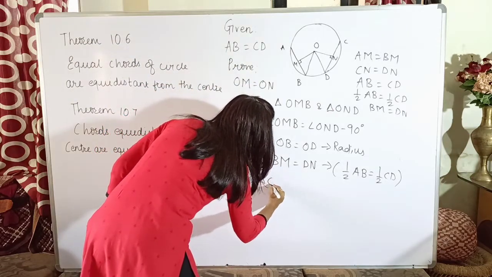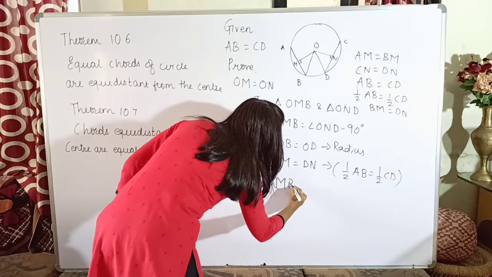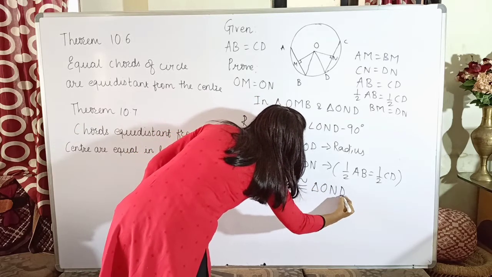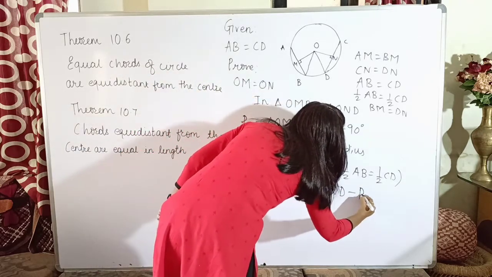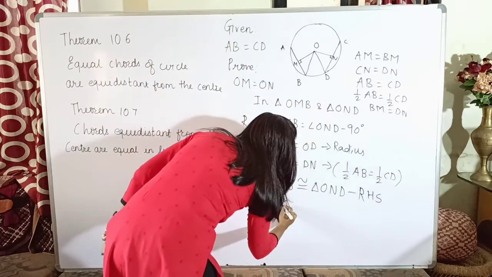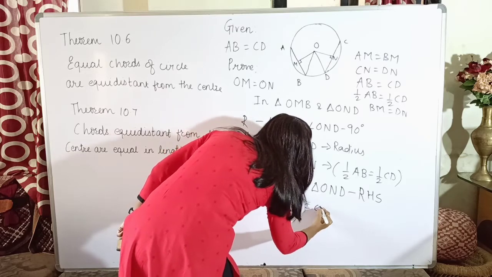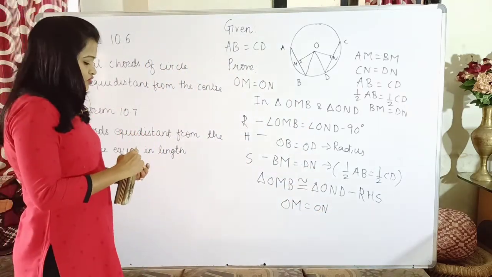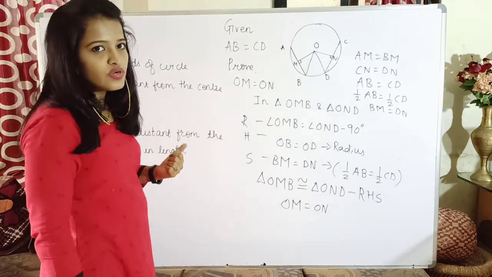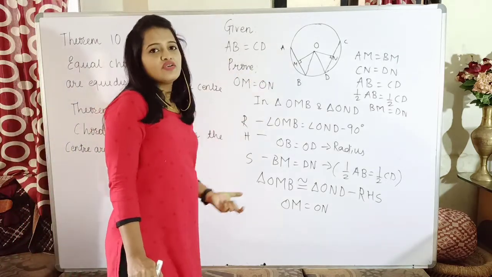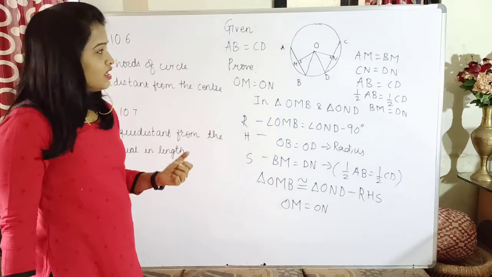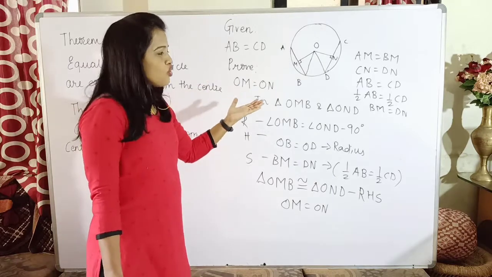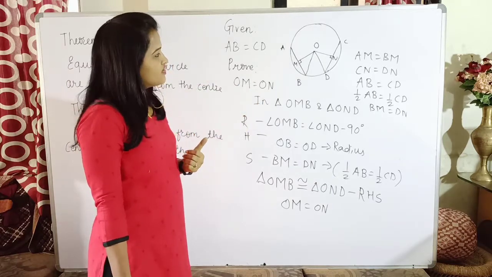So I can say triangle OMB is congruent to triangle OND by RHS congruency, and therefore OM is equal to ON. And if OM and ON are equal, that means the two chords are at equal distance from the center of the circle. Okay. Now, what if instead of taking the two chords in the same circle,